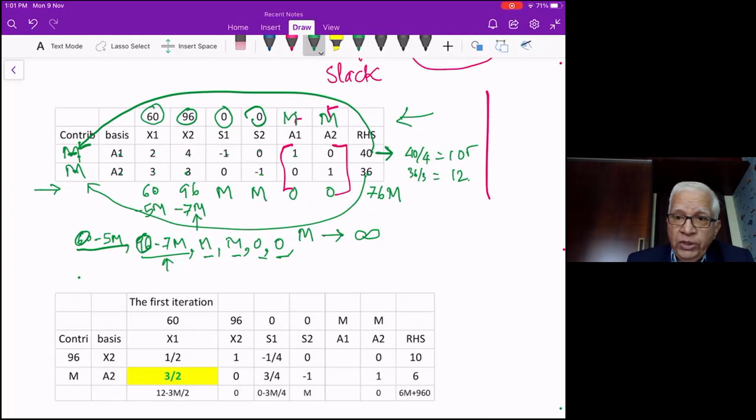And X2 comes in. So the next basis, we go from one basis to the next basis. Now this is the first basis. Now this is the second basis. See what is there in the basis here? A1 and A2 are there in the basis. Now what is going to happen is A1 is replaced by whom? The incoming variable is x2. So A1 is replaced by x2. A2 remains as it is.